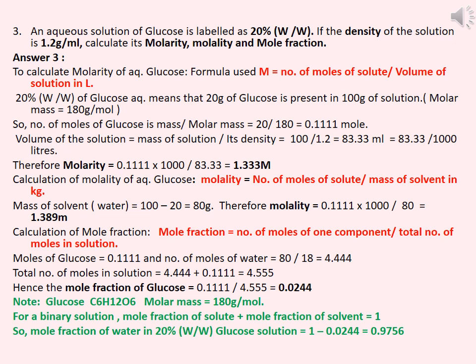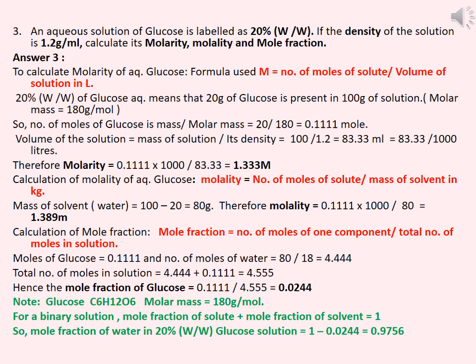Number of moles of glucose divided by total number of moles in solution. To calculate the total number of moles, we need the number of moles of water. Number of moles of water is its mass, 80 grams, divided by its molar mass. Molar mass of water is 18. So 80 by 18 is